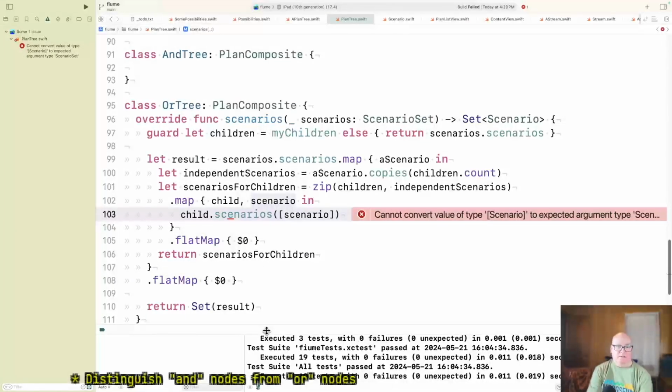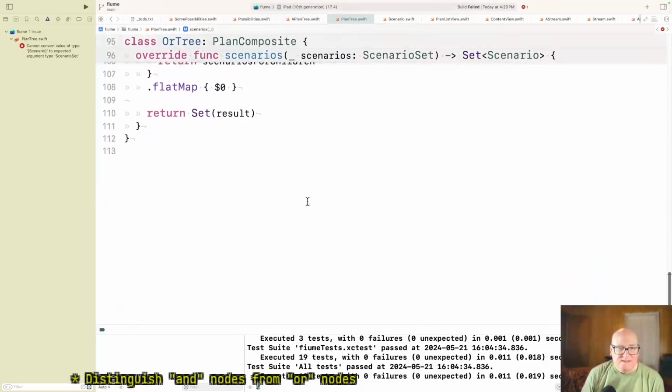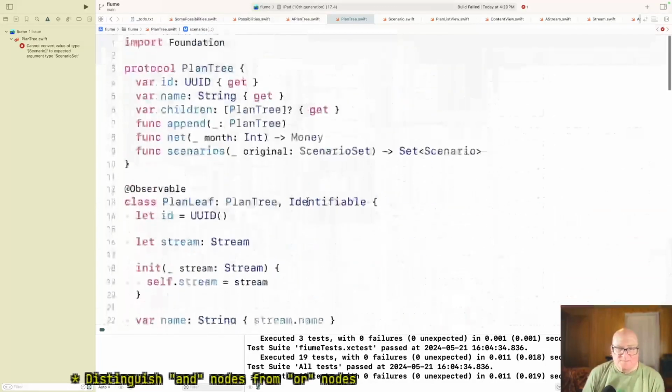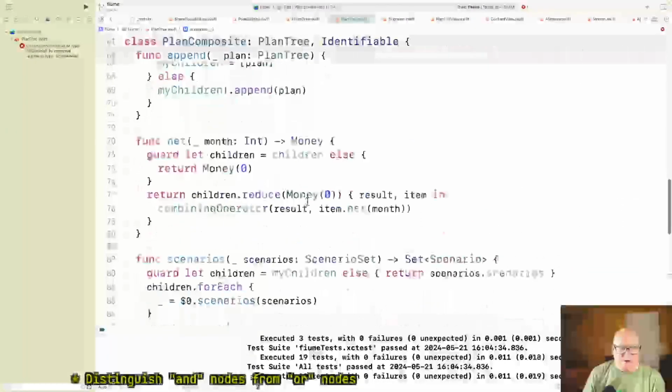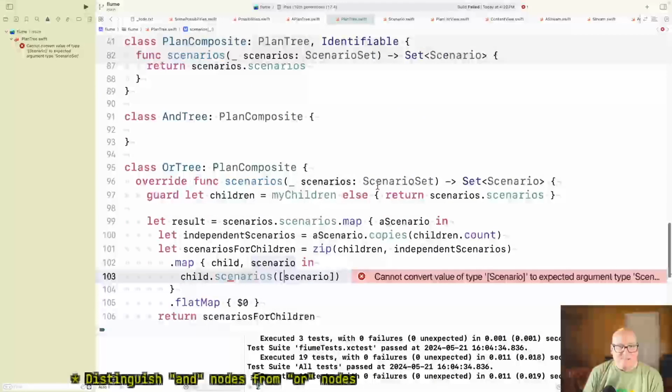Oh, yay. It's the problem with recursion. Like you change something at the top and everybody has to adjust. All right, the problem is we want a scenario set built from this scenario.